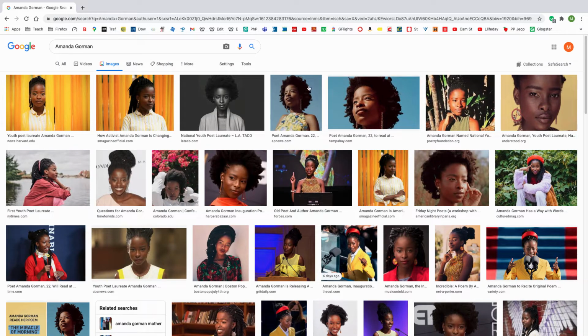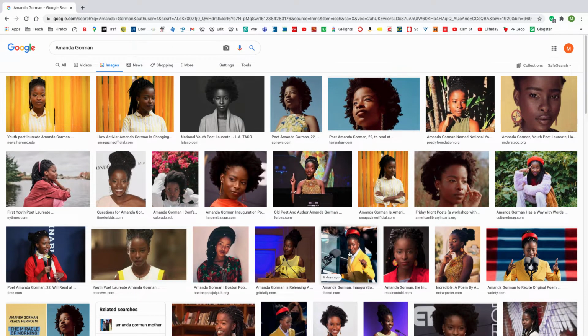Now what you're looking at here on this whole screen are thumbnail images. They're very small preview images of what the actual photo would look like if you download it properly. You cannot download these images. They're just going to be very small, poor quality. So what do we have to do first? First thing we need to do is go to Tools,